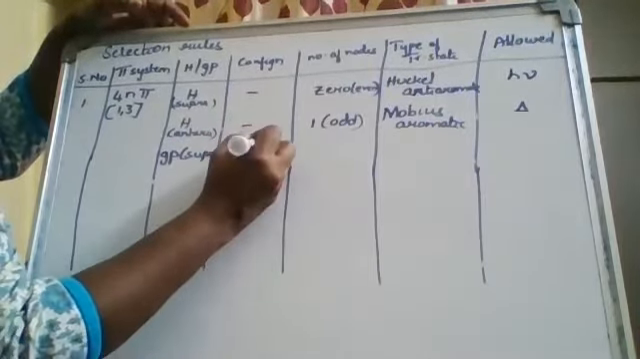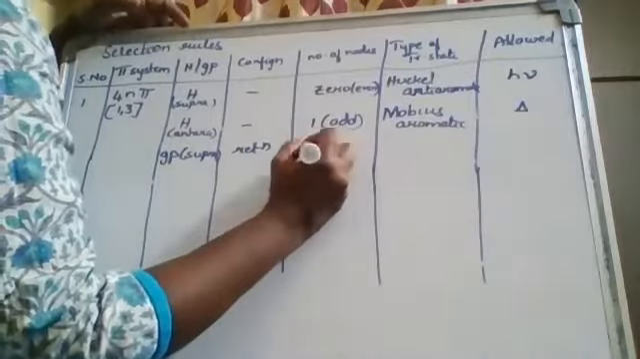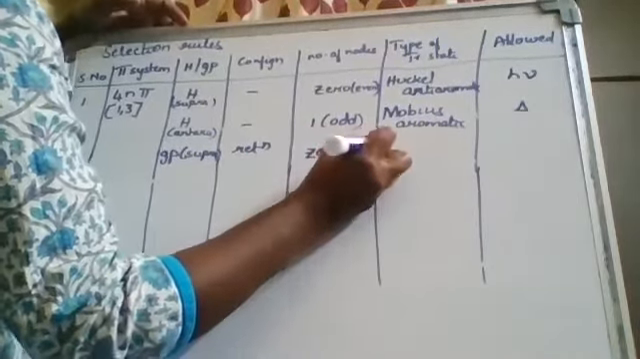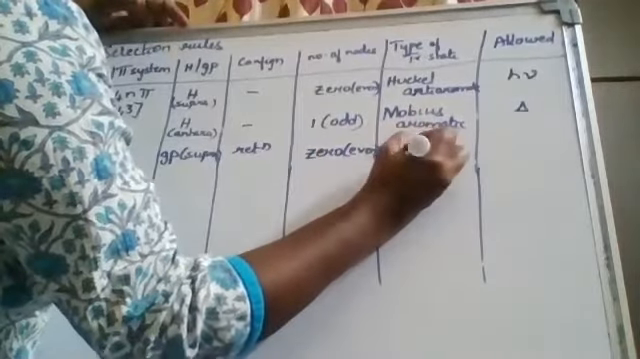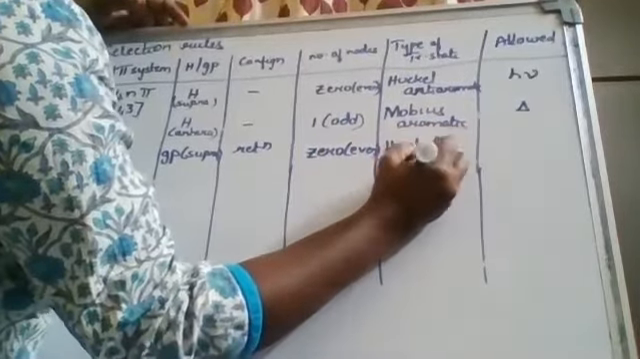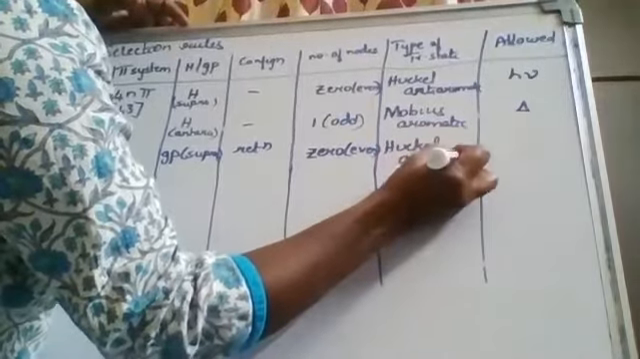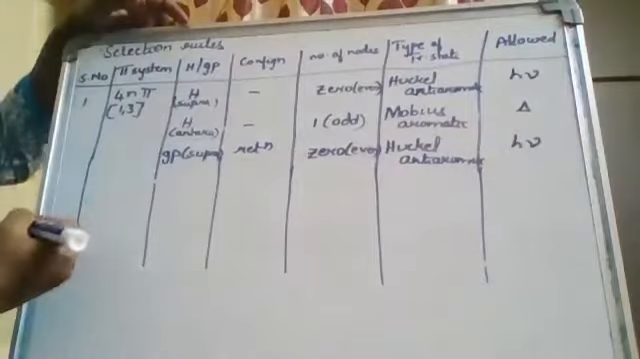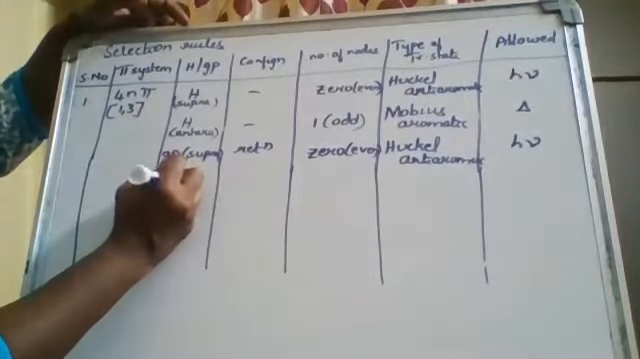Configuration, retention of configuration, 0 nodes, even number. It's a Huckel anti-aromatic, photochemically allowed. Group migration,